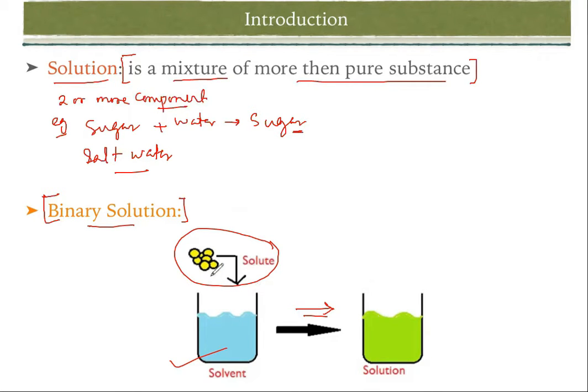Now, the state of solute and the state of solvent may vary. What does that mean? That means the solute may be liquid, gas, or solid, and the solvent may be liquid, gas, or solid. If we change these, they will still make a solution. But in that case, the state of the solution will vary; it may be liquid, gas, or solid. In the further slides, we will discuss how many types of solutions are possible.